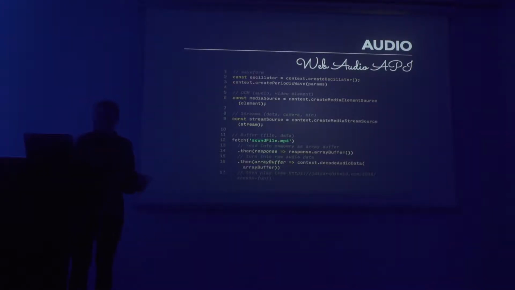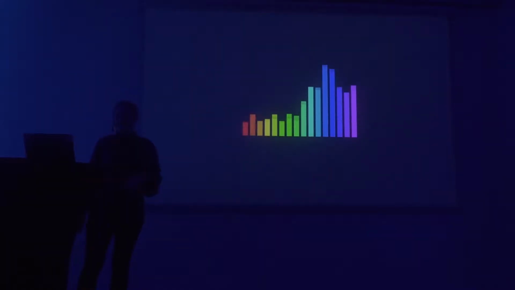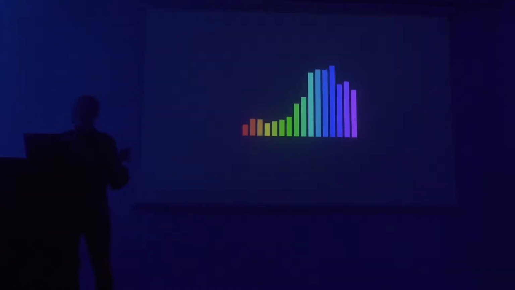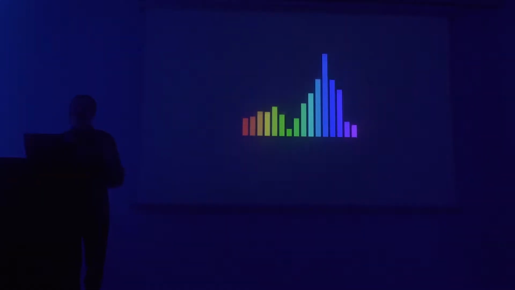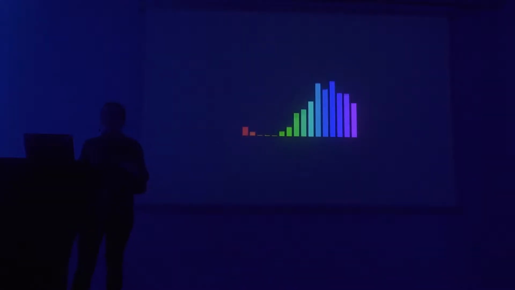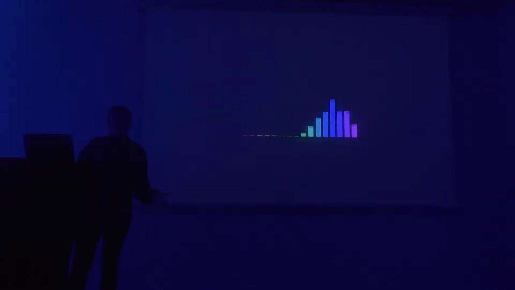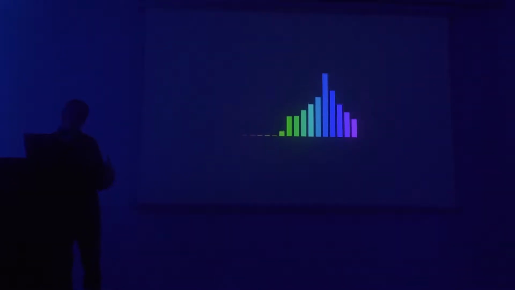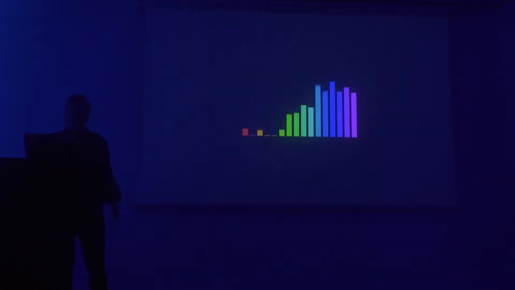So I've got two ways which I think are interesting for what we want to use it for. This one is taking a sound file and creating visuals off the sound file. And then the other one, pretty much the same visualization, is actually picking up on my laptop's microphone, and I'm streaming the sound in. So when I'm talking, it's up. When we're quiet, it's down. Which is cool. This is my preferred method at the moment, because if I take my laptop into venues, I don't really have any way of piping the audio in. I don't know what the DJ is going to be playing or the band. So I just pick up on the ambient noise in the area that I'm in.